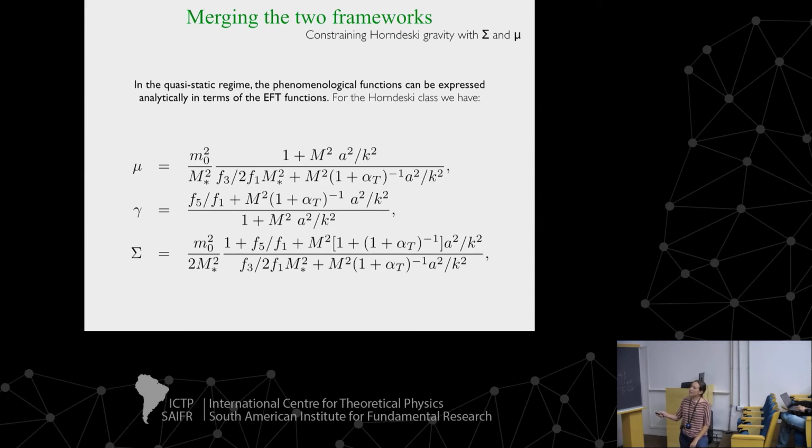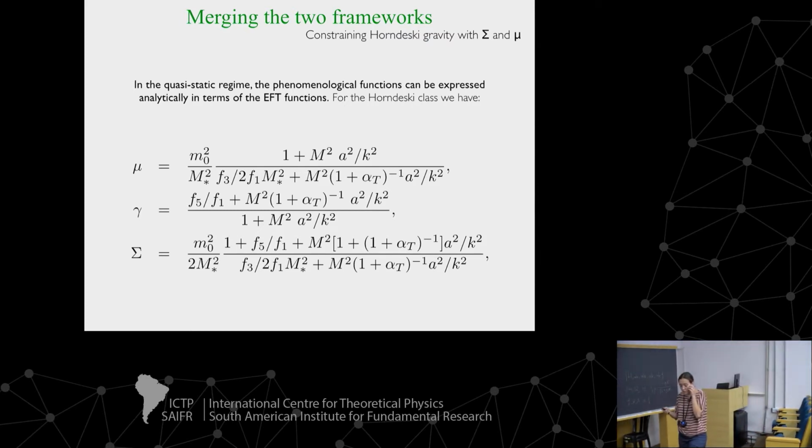hidden all the EFT functions into this F1, F2, M, etc. You can expand your EFT functions as functions of time. And then you can simply use the quasi-static expression for mu and sigma. You don't need to evolve perturbations or anything. And you have them. And of course, you use your stability sampler to check that you are looking at stable